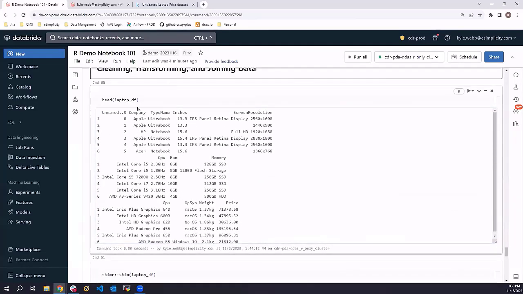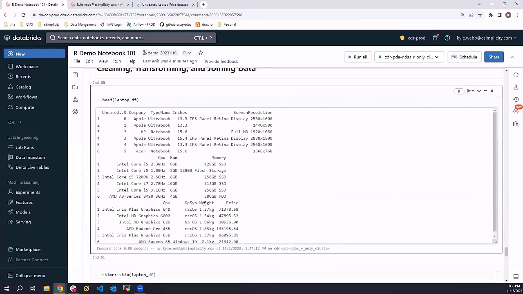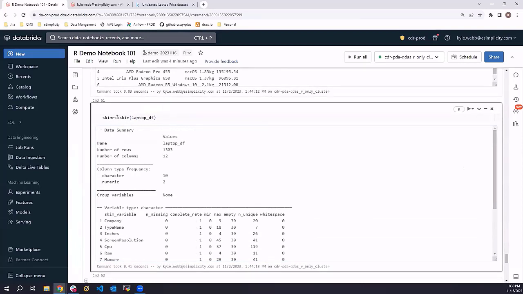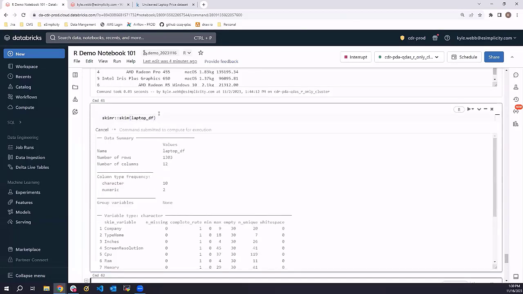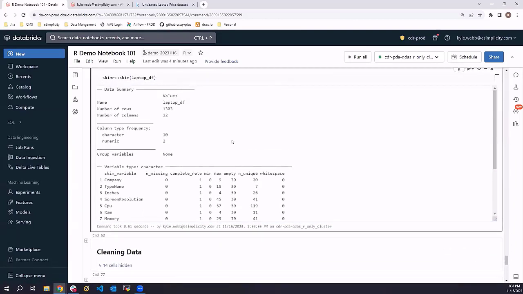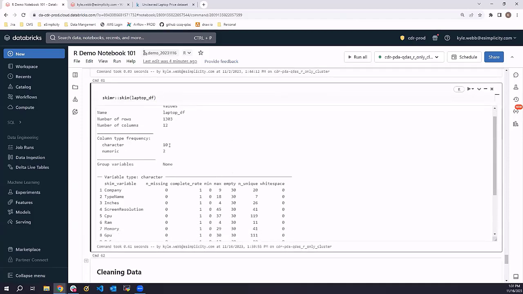So head provides us a function to be able to just see the first 6 rows of our data. But something that's really helpful in R is this package skimmer. And I don't think I mentioned before, but instead of calling library, you can actually directly reference functions in a package. So Skimmer has this function called skim, which is a little bit like summary in base R, if you're familiar with that. But it basically allows you to look at some really high level statistics on your data, and it really helps for things like knowing